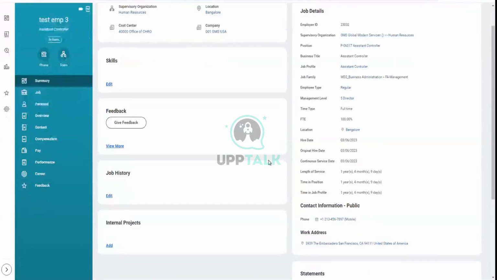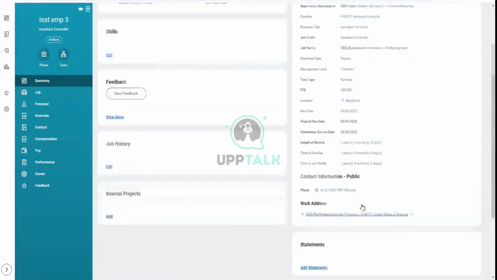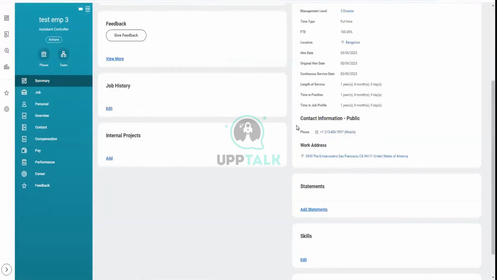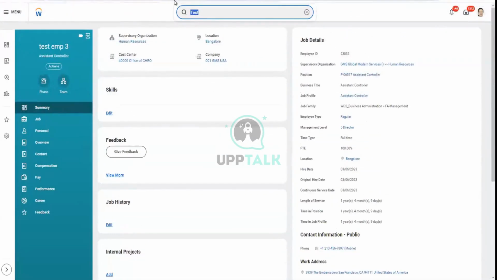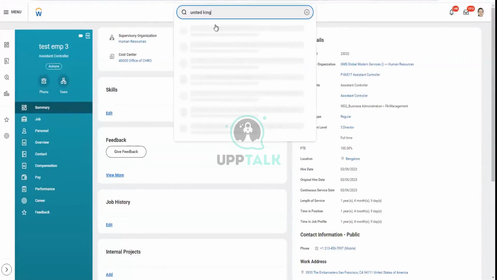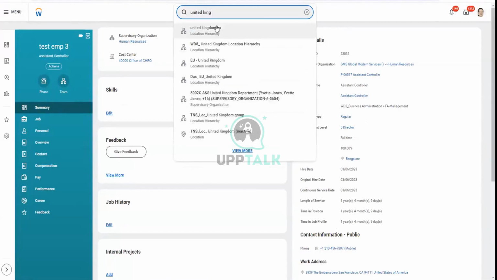Bangalore. Work address is, US location is Bangalore. What is the alpha code for UK? United Kingdom. Location. It's telling which